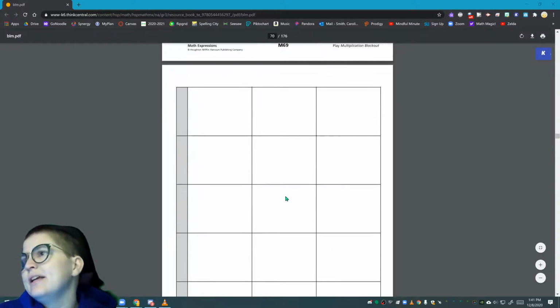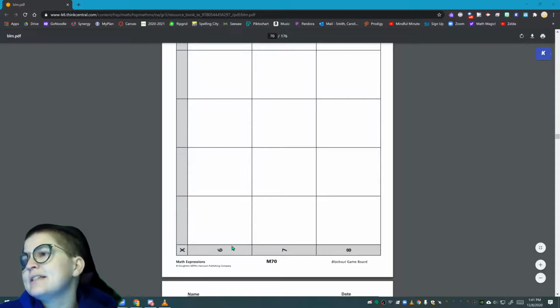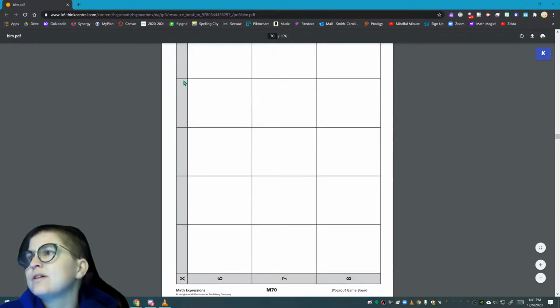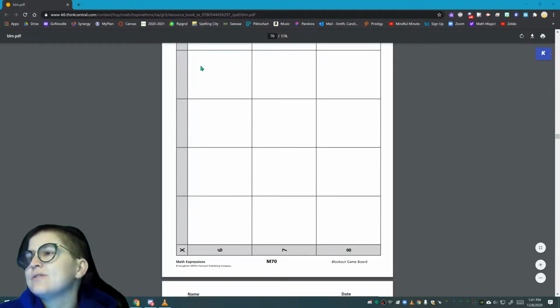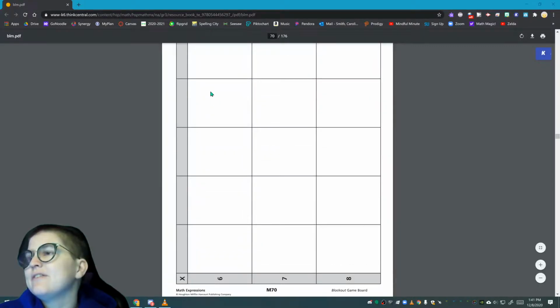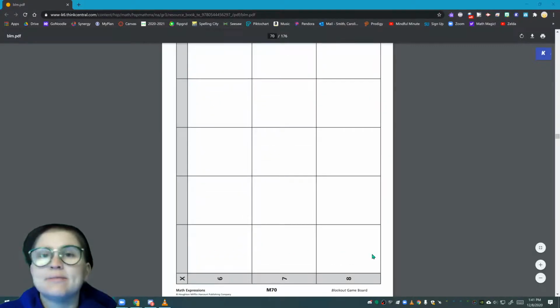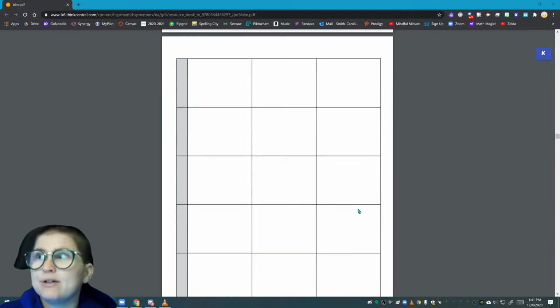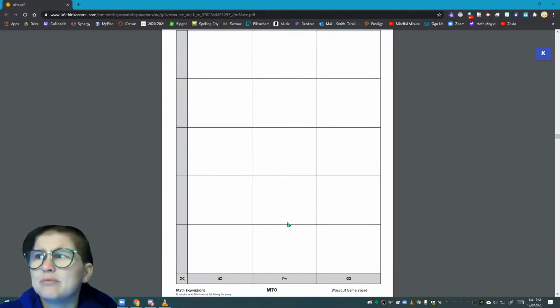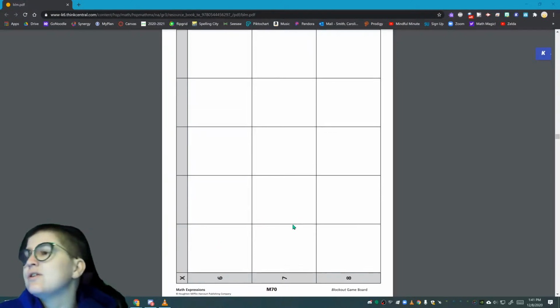It's a grid, and it has on this side 6, 7, and 8, and then a multiplication sign, and then there's headings on each of those. 1, 2, 3, 4, 5, and those are for other numbers that are multiplied by 6, 7, and 8. So it's 15 spots, 5 by 3. Okay, you can make this at home. If you don't have a printer, you can just grab a piece of paper and make it, or just set it up, know that it's 6, 7, and 8 and multiplying, because you're also using those